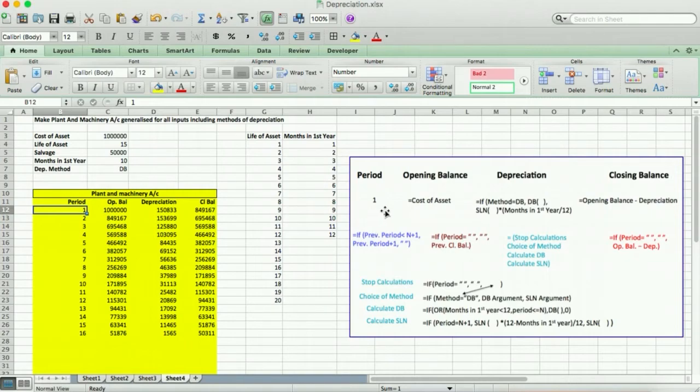You would notice that the first period is just the same as before. We hardcode the number period. So we hardcode this number for period 1. This 1 is hardcoded. Opening balance is the cost of the asset, right? So we will do a cell reference for opening balance. And then the closing balance is